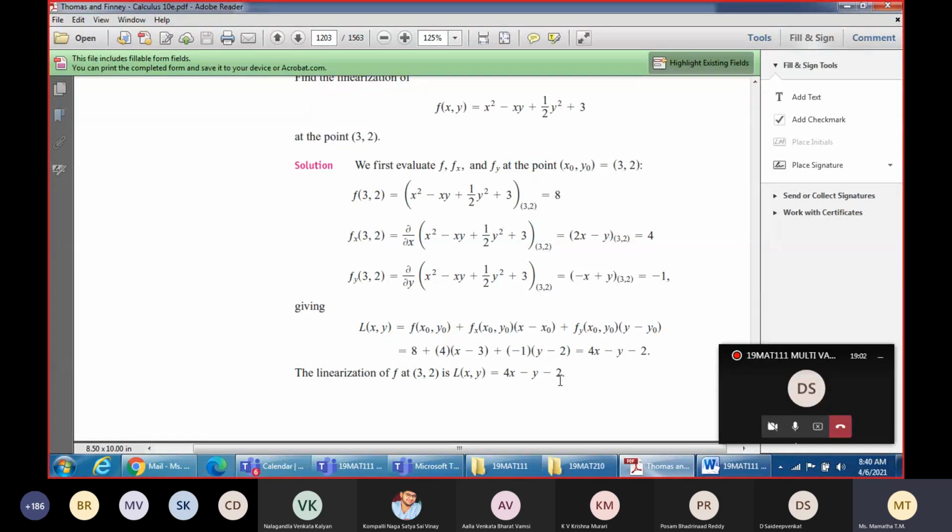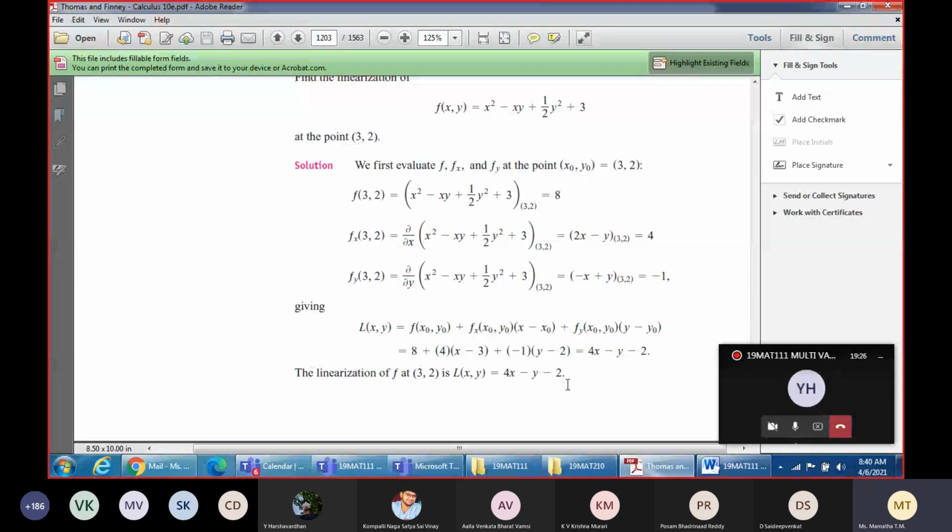Ma'am, does this come under tangent also? We'll not refer to it as a tangent. It can be a tangent to a surface, not to curves. Say you have some surface, then the plane acts as a tangent plane to the surface, like that.